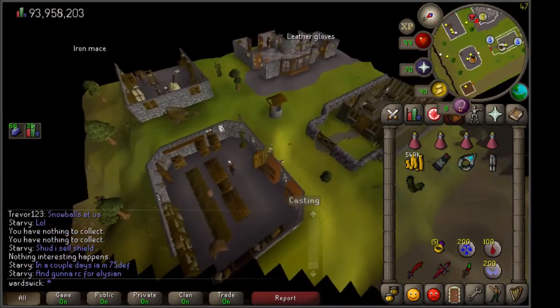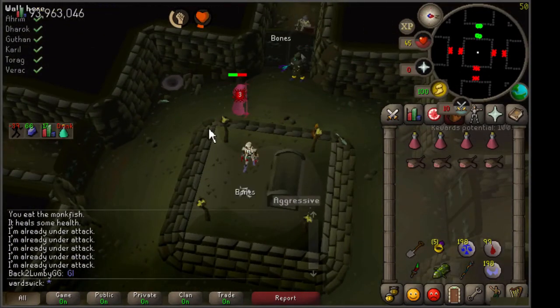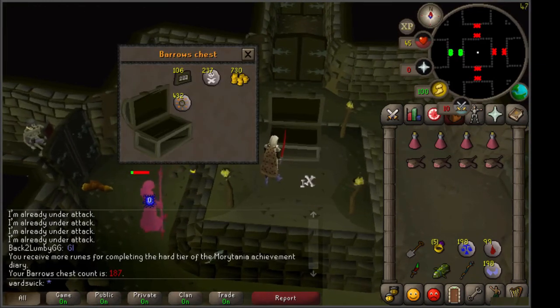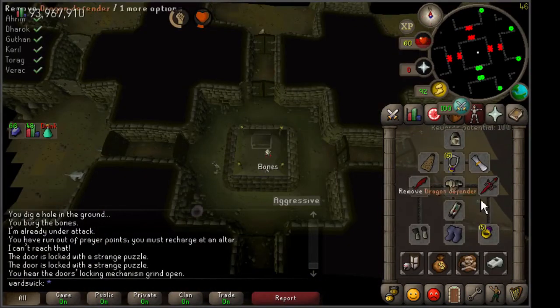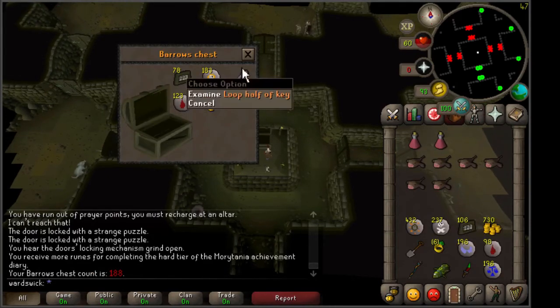Whoop, whoop. Okay, everybody, we have kill one, chest 1 coming in. Let's see the first loot of this area. Okay, I was just kidding on the last chest. I didn't even have my ring of wealth. This chest, we get an